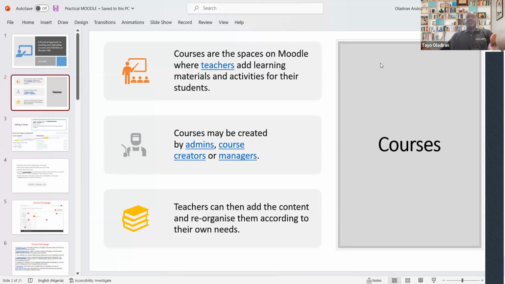Yes, there are other ways. You can use Google Classroom, but Moodle is widely available, more flexible, and you should not be afraid of it. You may not be able to create a course on Moodle directly by yourself, but admins, course creators and managers can. There's no need to worry about that, because your IT department or IT unit will create it for you. Once it has been created for your course as a teacher,